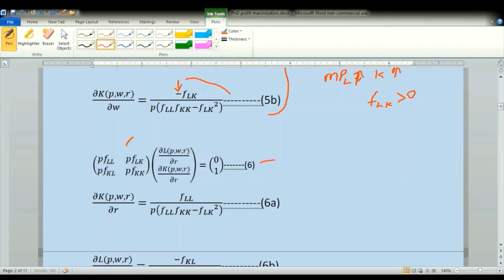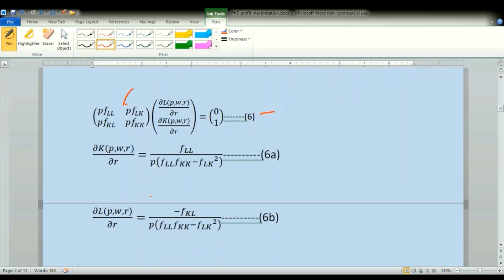So this is something that you have already seen, and in place of taking the derivative of equation 3 and 4 with respect to W, I took the derivative of those equations with respect to R, and I obtained a similar function, and so I had the results like dava Q over dava R, and similarly dava L over dava R. As far as dava K over dava R is concerned, see that denominator is positive, numerator is negative, because